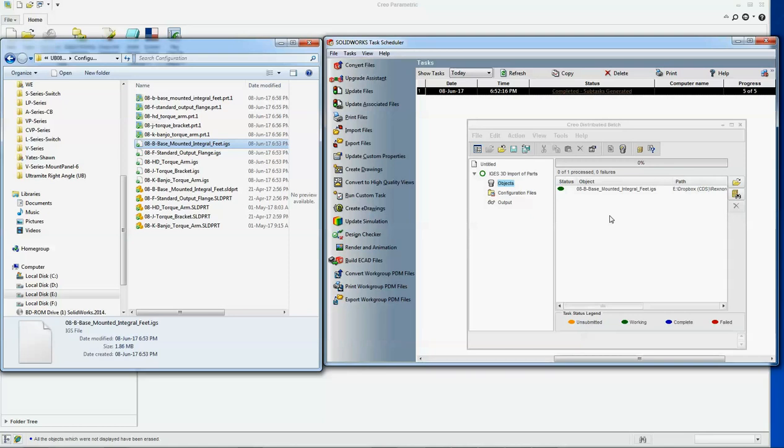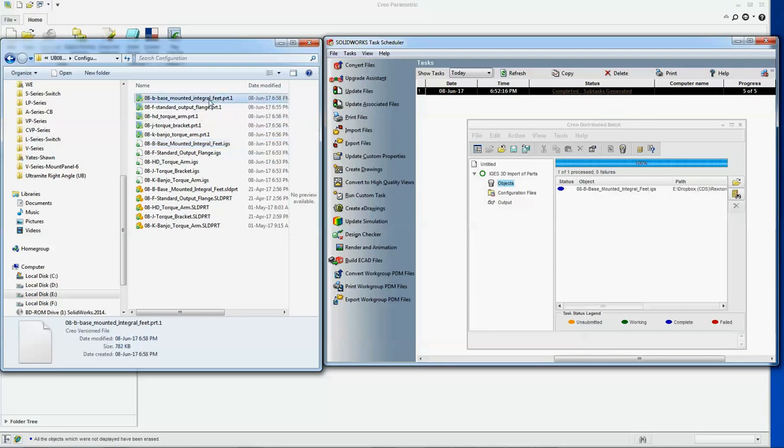Only because of these two reasons this tool won't convert. First, space or any special character in the SolidWorks file name. Second, file name is very lengthy, then it won't convert. These two reasons fail the procedure, otherwise it works fine. So I can see here the colors have turned blue, and already this IGS got converted into part file.